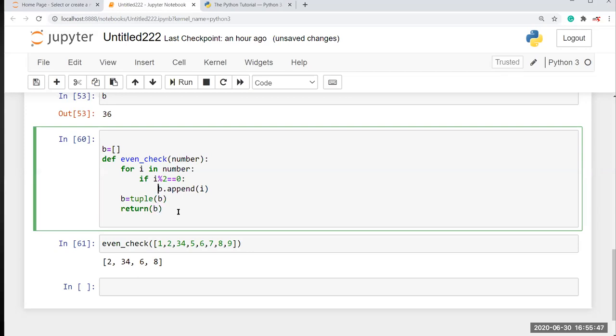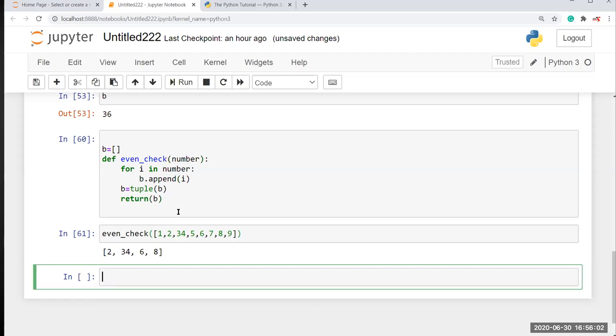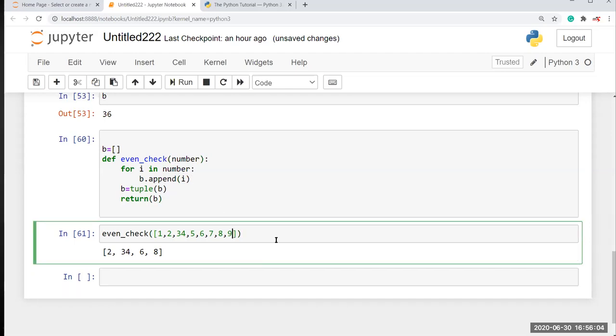B. Okay, so here I'll show one more example. I'm going to delete this. So now I'm going to pass just a string of elements, like 1, 2, 3, and these are string elements inside the list.